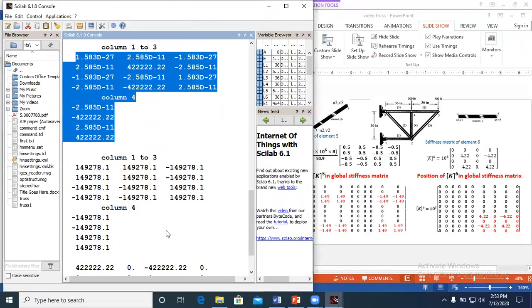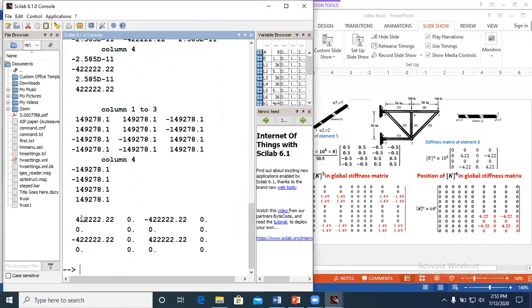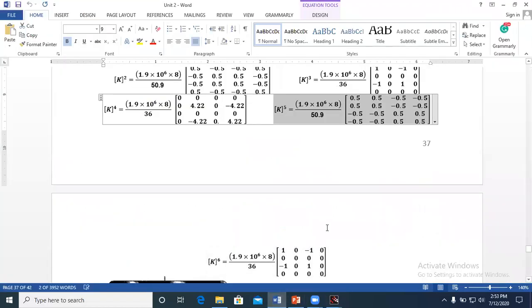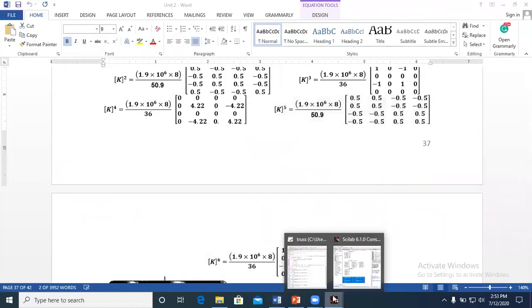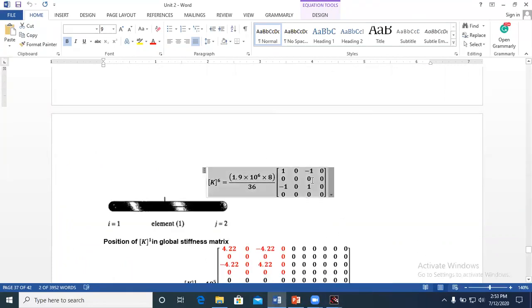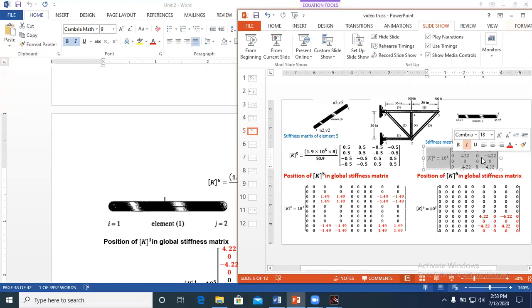Now see, this element number 5 is over. This is element number 6. For element number 6, again 10 raised to 5 into element number 6. In element number 6 also I have made the mistake. Okay, it is correct. Okay, element number 6 is this one. It is because of the copy paste. Element number 6. Now you check it.